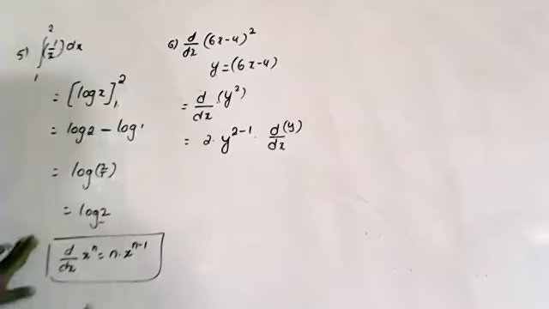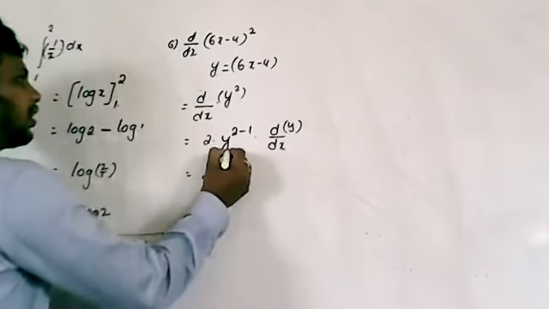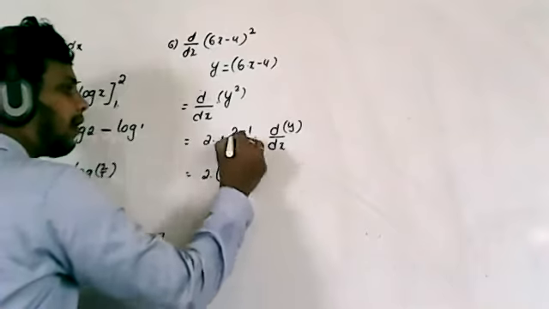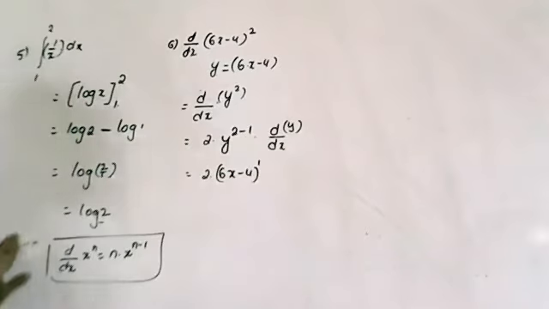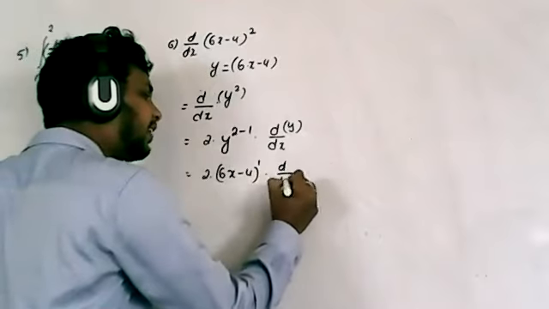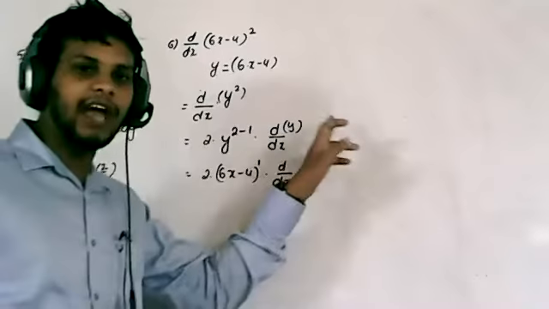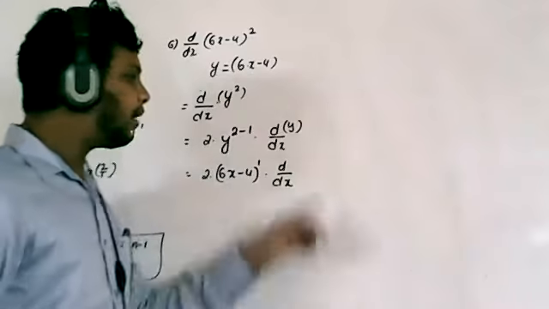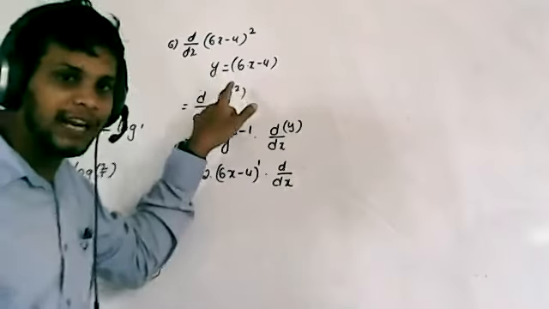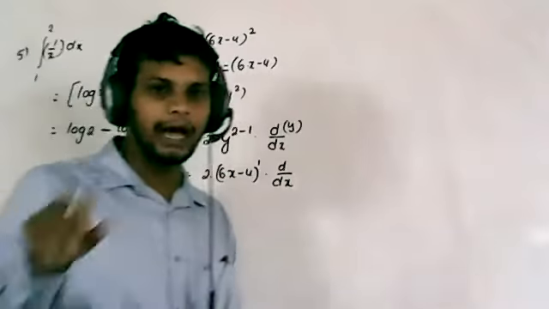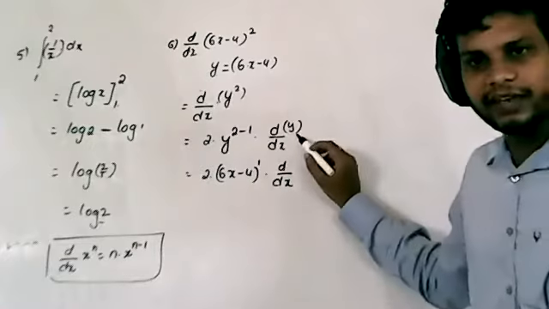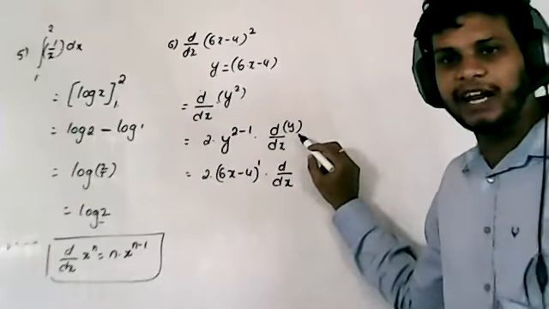Now listen, what is this value? It means 2 into, in the place of y, substitute 6x minus 4, and 2 power 1 is 1 only. Into d by dx of, actually here we have to take x, and d by dx of x is 1. But we considered that value as capital X or y. In your solution, I gave capital X. So capital X or y, that is your wish.